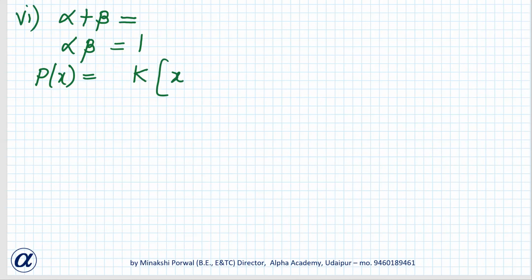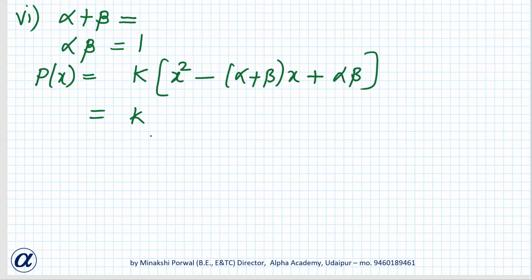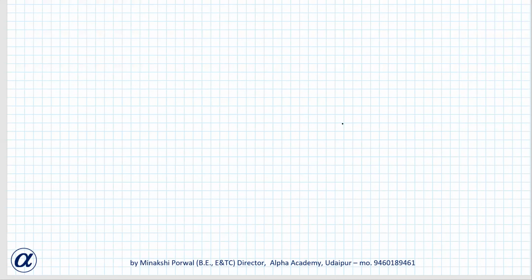Okay, so the polynomial is given by x square minus (alpha plus beta) into x plus alpha beta, and substituting these values, your answer is correct. So it is x square minus 4x plus 1. This is the answer. Okay. So I think everybody might have completed this exercise. I have given enough time. Has everybody finished this? Okay, no doubt.